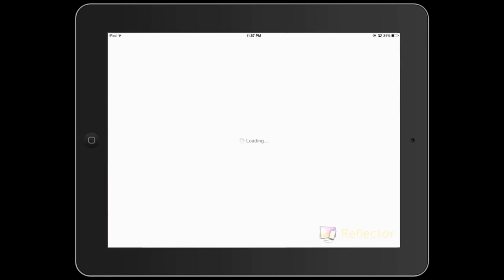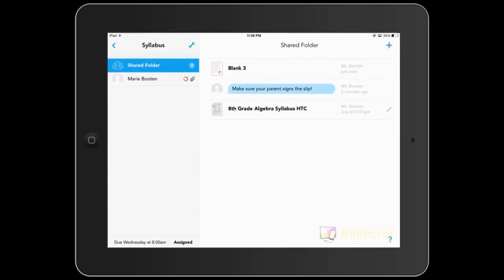And now I can open it. And as you can see, I can't write on it, I can't add comments on it because of the type of document it is. If you saved it as a PDF, you would have all of those options that I showed you before. And so you can open it in something else too by hitting that share button again if you needed to make changes and didn't have the document anymore on your iPad. But for right now, I'm going to hit done, and on the student one,